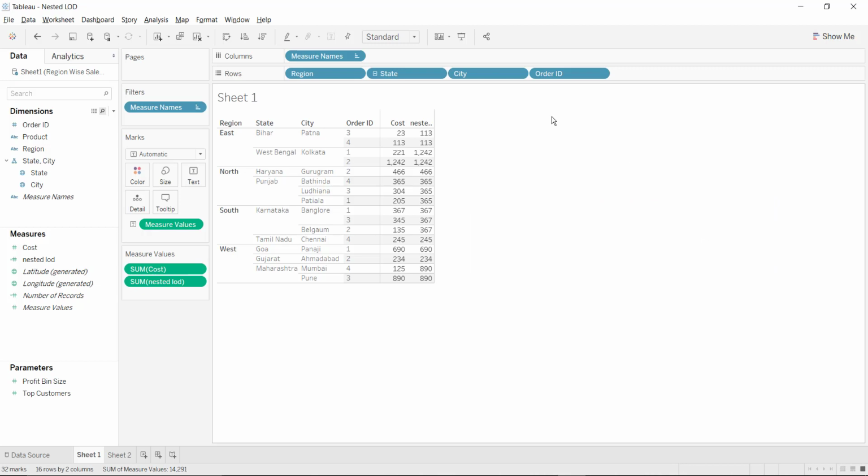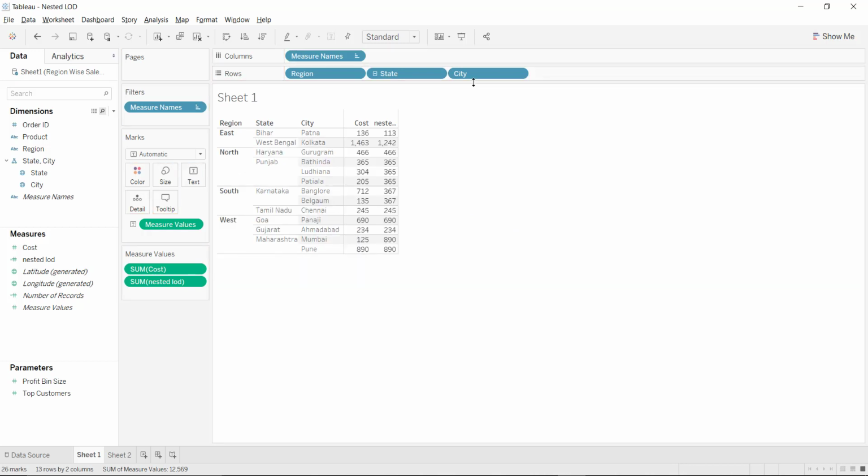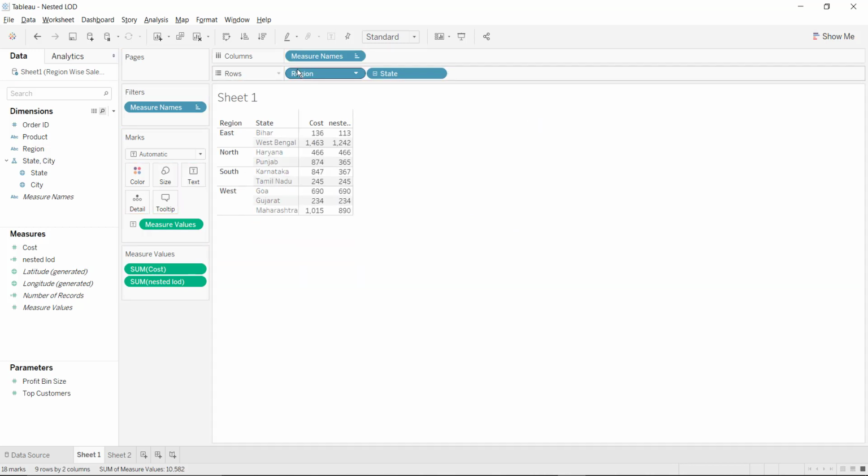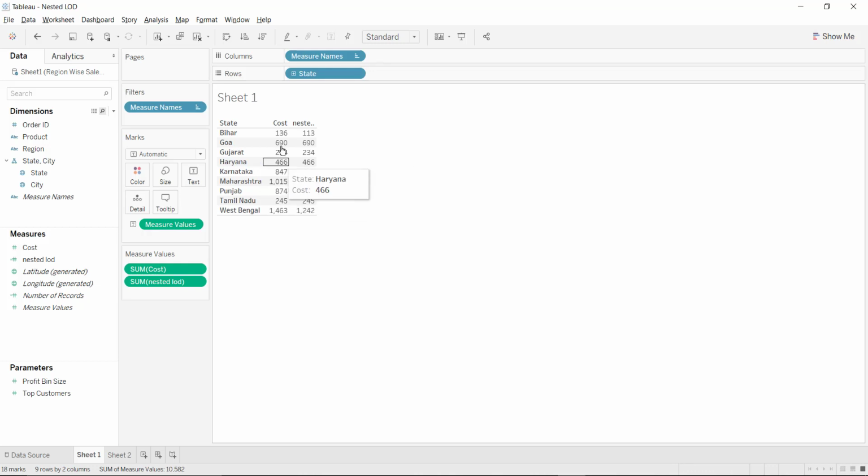Click on OK. We are getting the correct value because out of these two, 113 is the highest, and out of these two, 1242 is the highest. So we have to find it at the level of state. Let me remove all the other unnecessary fields. Here we are getting all the highest orders with respect to state.